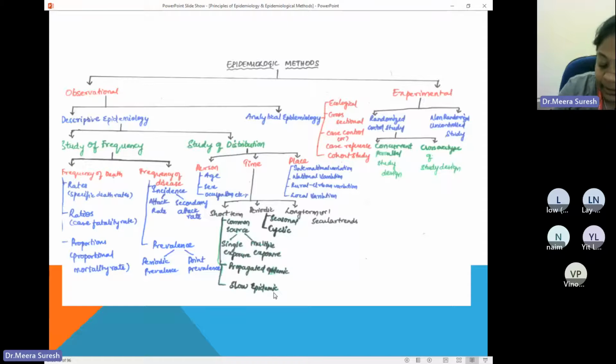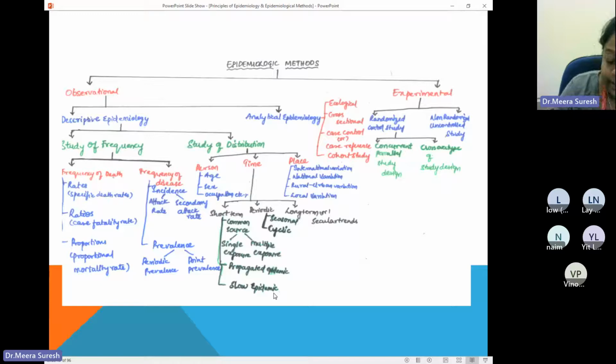So there will be some initial cases, or some index case, what we say, or the primary case. After that, there will be a gap period because now the disease has to be spread from one patient to another. There is a need for some incubation period in between for the symptoms to arise in that second group of people. And after a gap, the second set of people will be developing the disease.